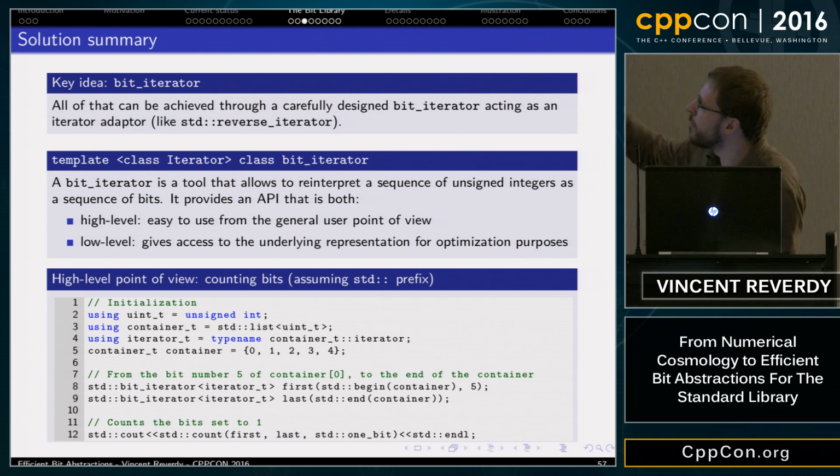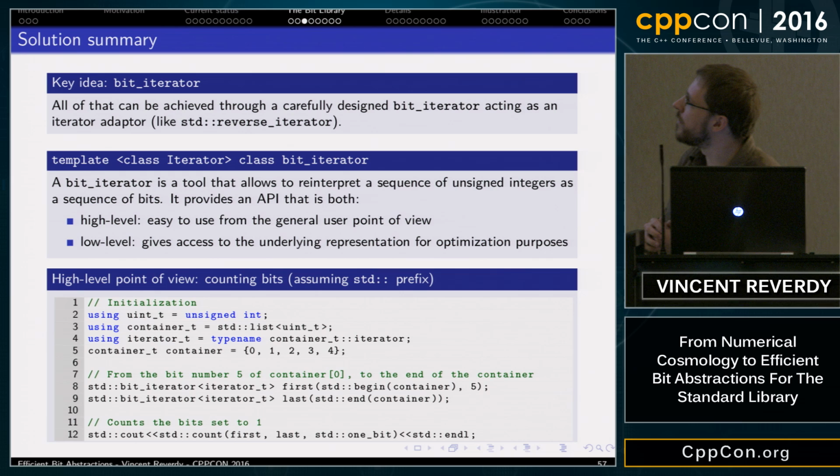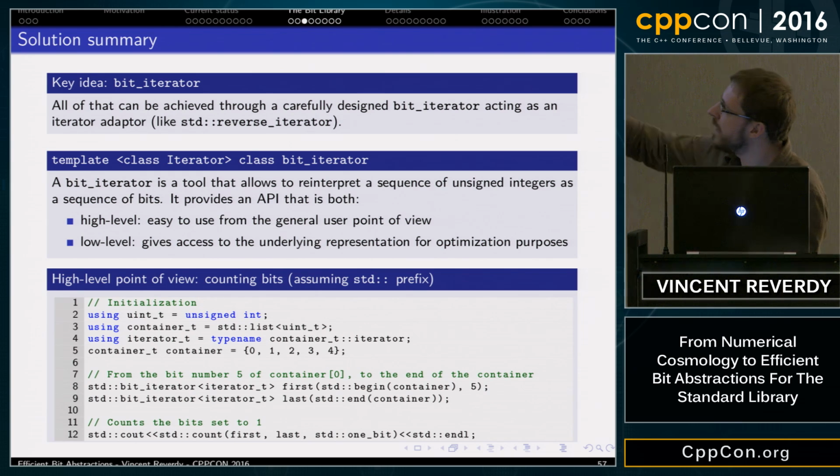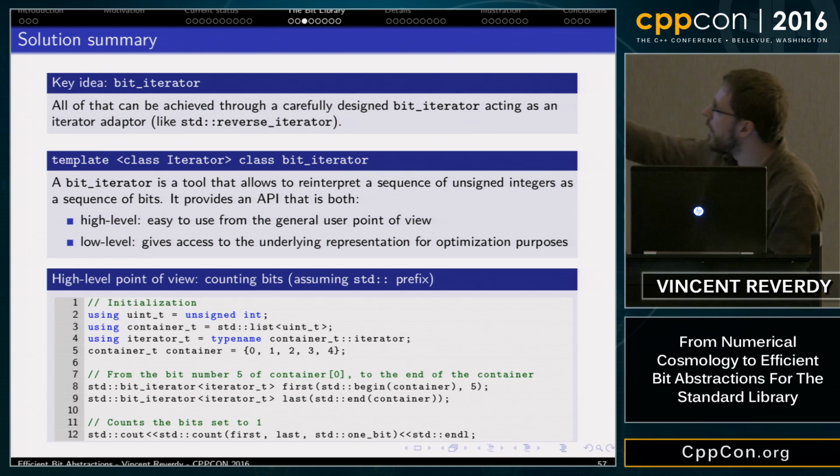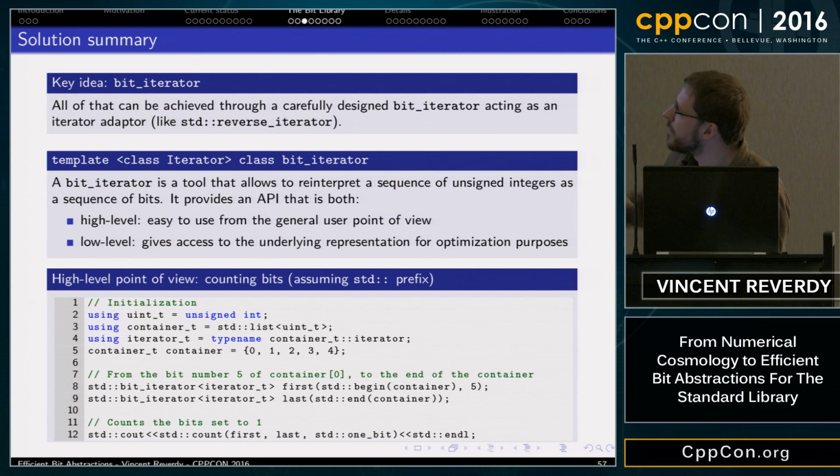So from the high level, what you can do, for example, is create a list of unsigned integers with 0, 1, 2, 3, 4 in it. And then you create a bit iterator that is, for example, starting at the fifth bit of the first element of the container.